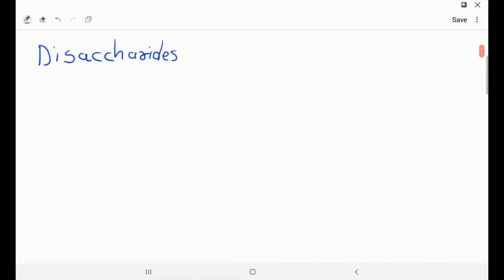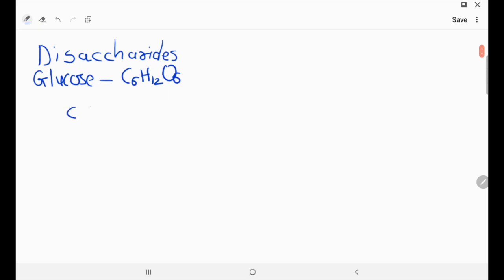Today's class we are going to learn disaccharides. But before we start disaccharides, I would like to introduce glucose. Actually, in last lectures we already discussed the glucose, but here I am going to revise all the concept. It's not revision exactly, but the more you see, the more you learn. It's a simple logic. All right.